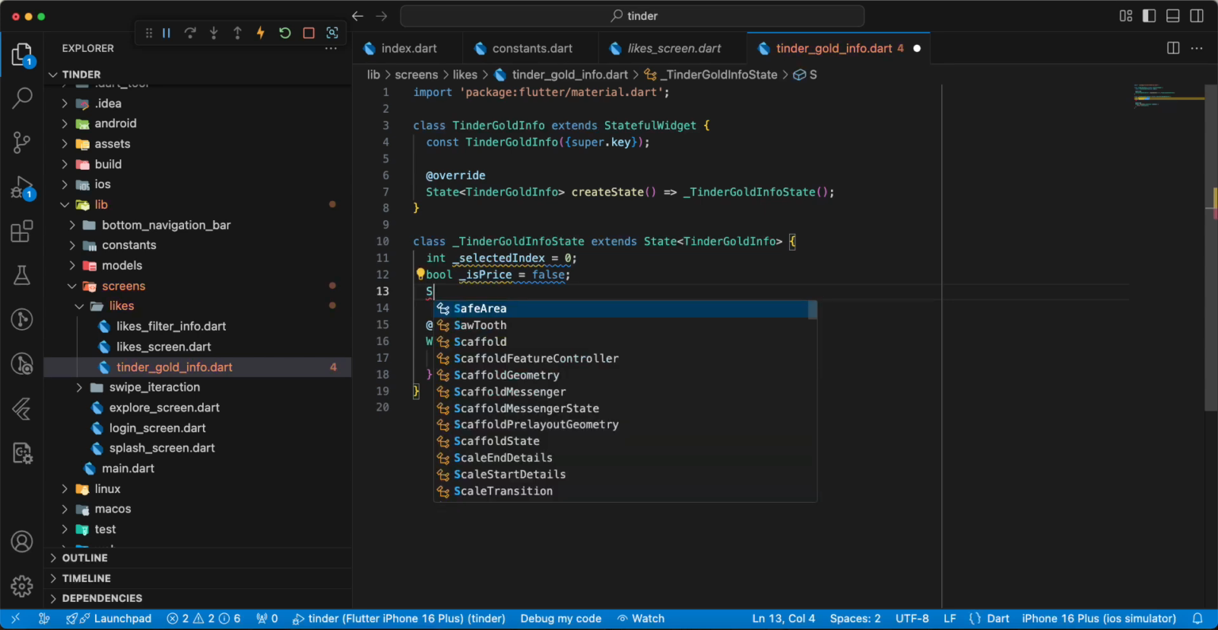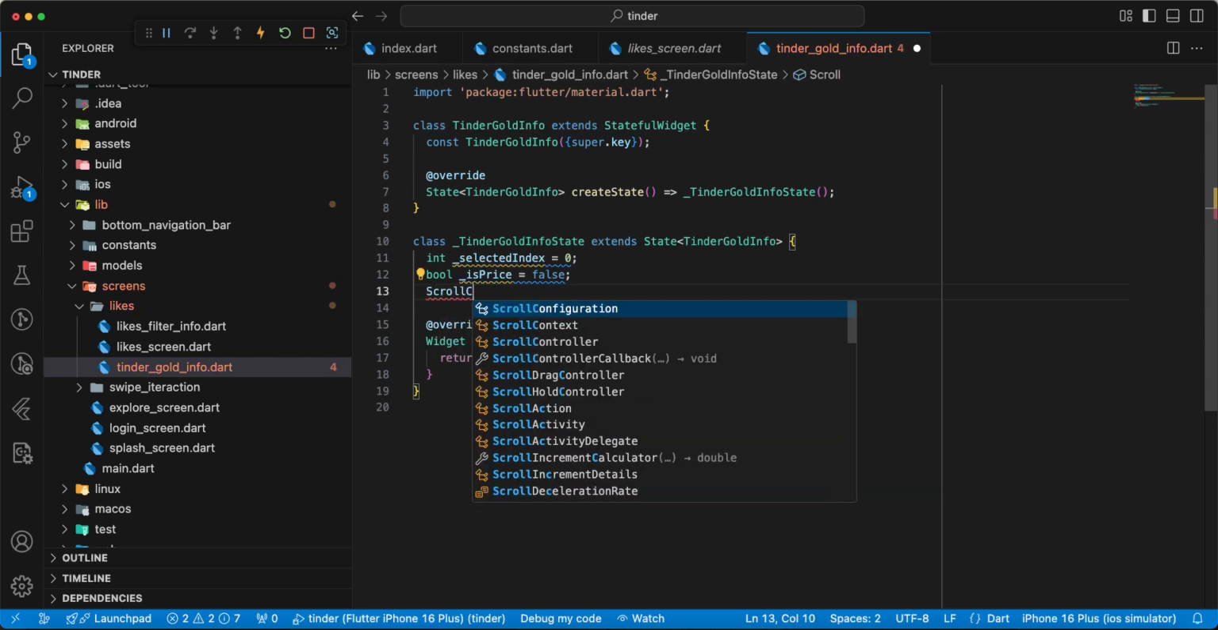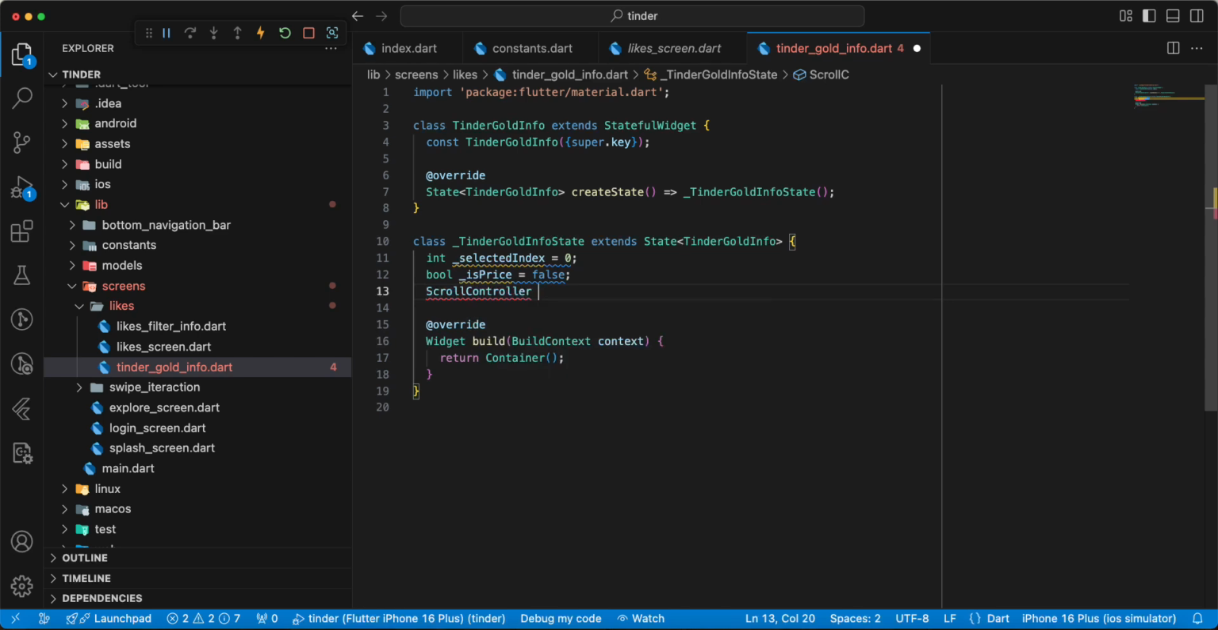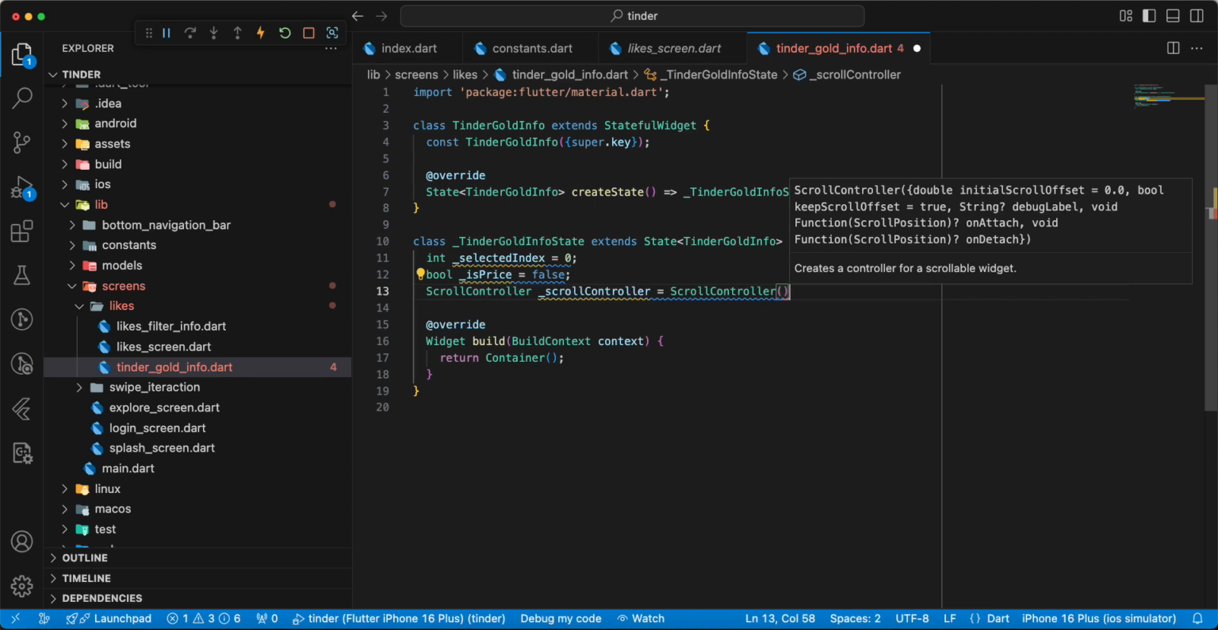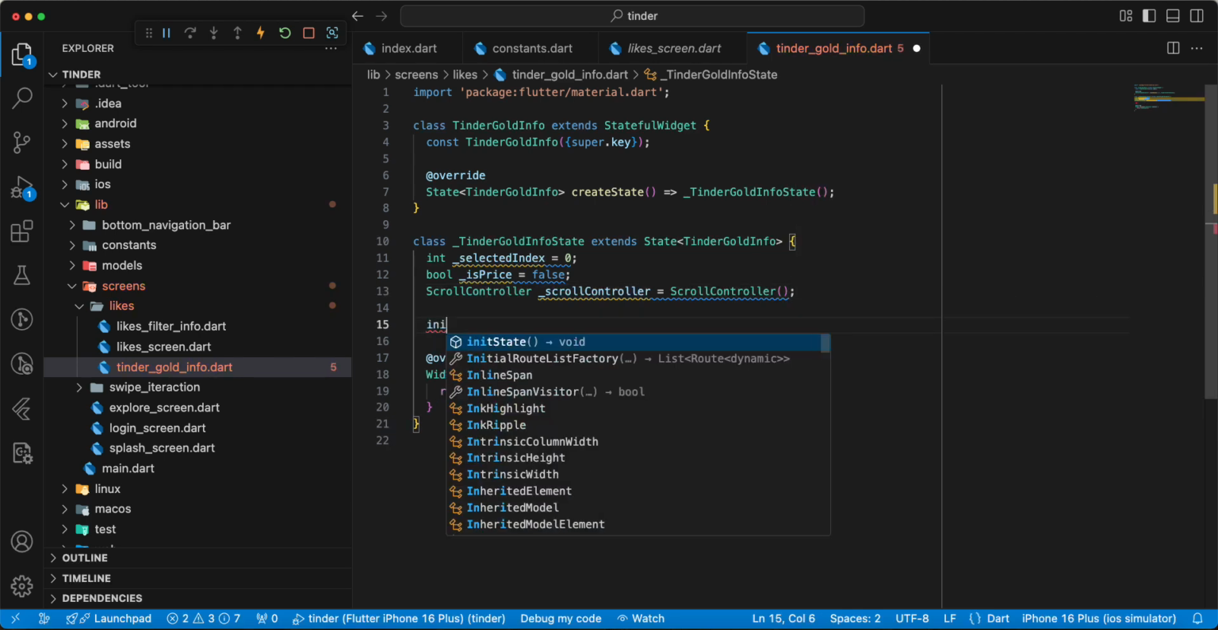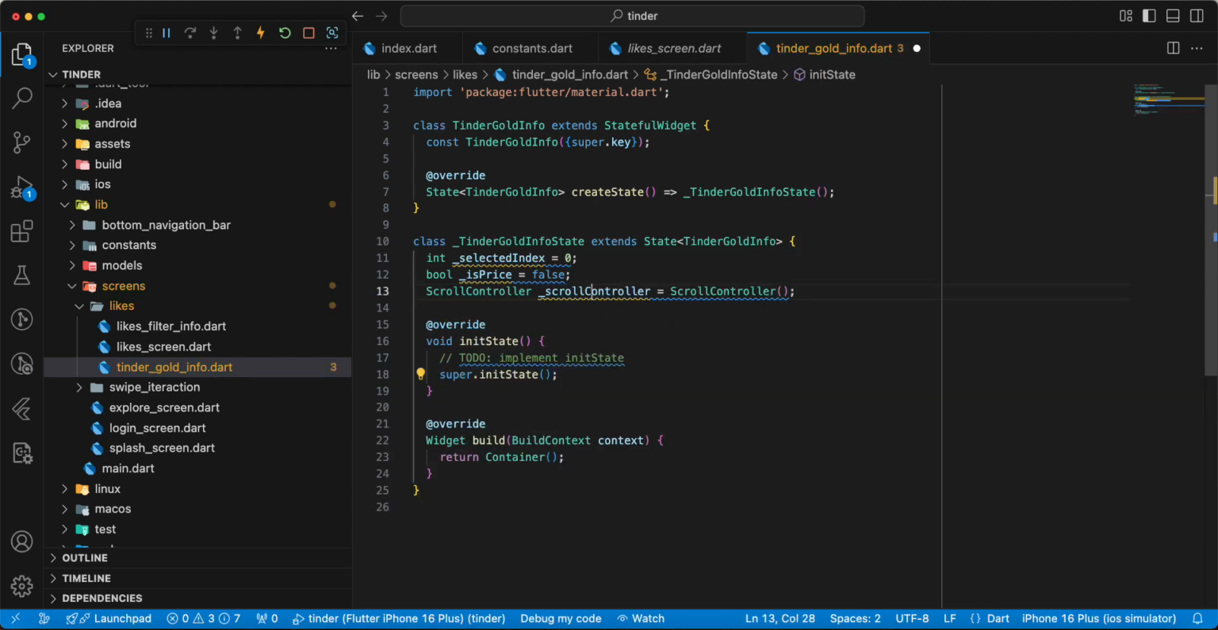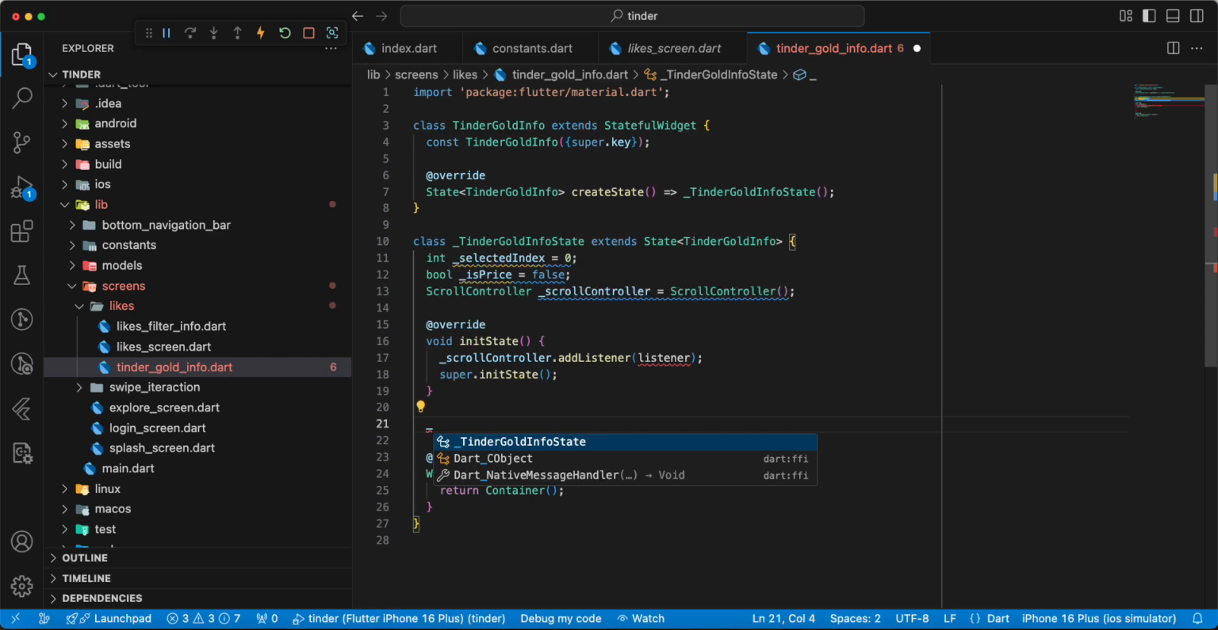Then we add scroll controller, then we add initState, add a listener, then we add method scrollListener,